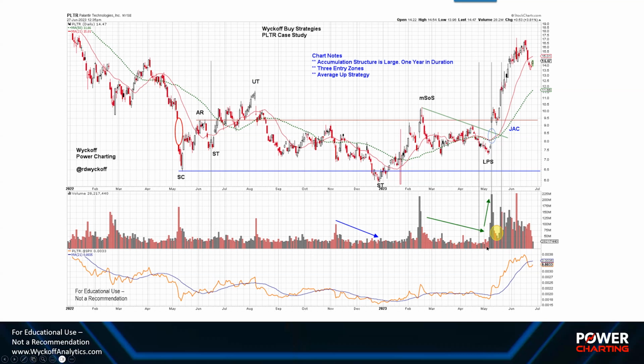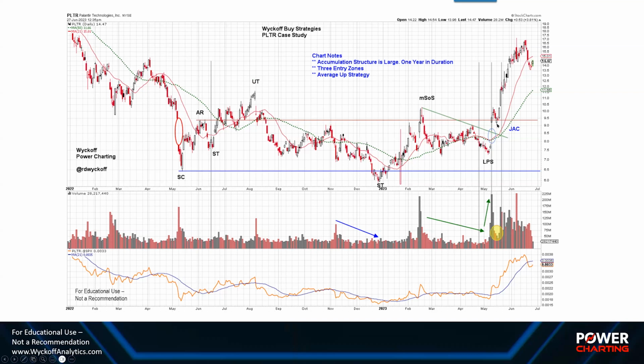The volume is diminishing, showing that there is a lack of supply available as the stock is being fully absorbed. Then this gap is earnings. Note the hinge type action here that's taking place and the jump up and out of this area. So LPS, a one bar of strength, you may have missed that, but then at resistance, it backs up one time. This is the